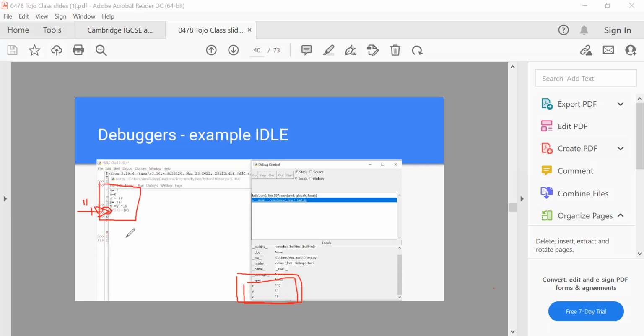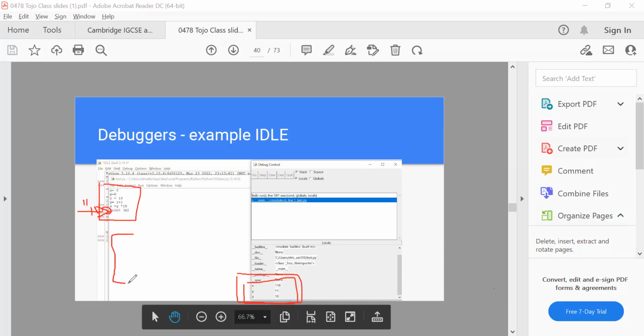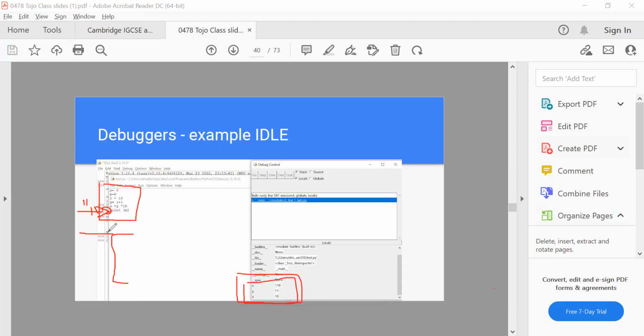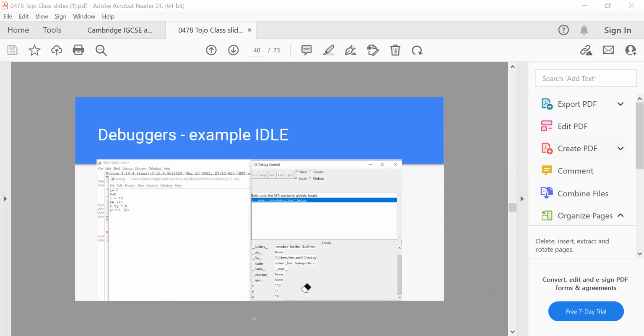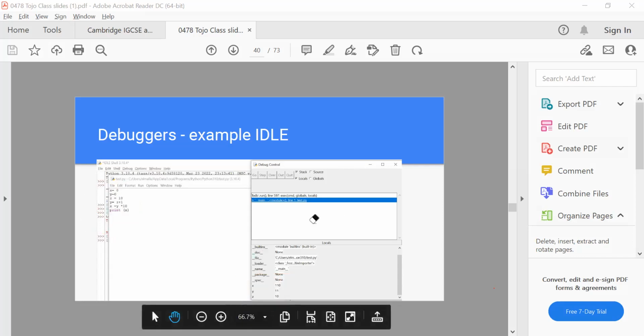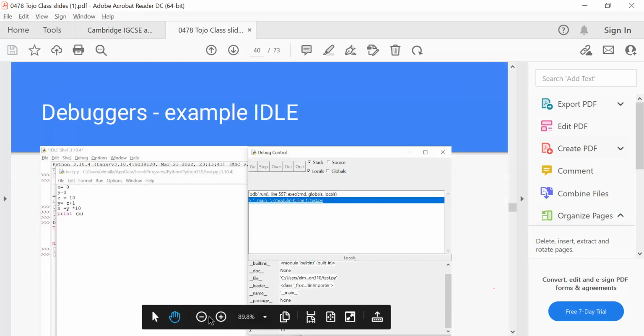So if you know that your bug is in maybe a bunch of lines from maybe 1,000 lines, then you are able to ask the code to stop here, and then from there you go line by line and check what the variable values are, especially if you have a large number of variables. Okay, so that's it in this course about debuggers.